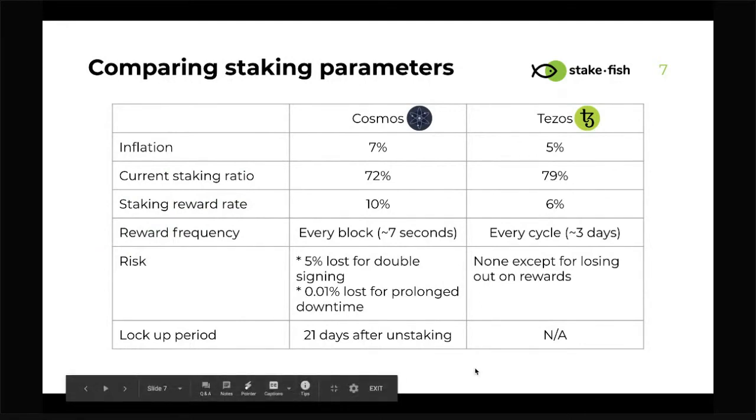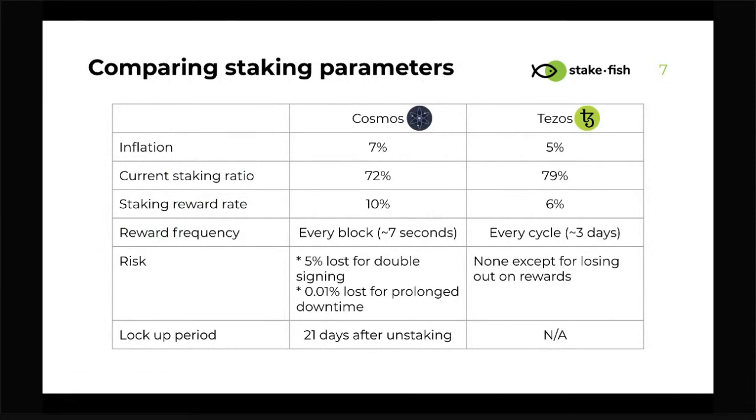I've run through all these numbers, but you might be wondering how I put all these numbers together. Honestly, as long as you have this snapshot of each network, you could confidently say you have most of the basic knowledge down regarding staking on that network. So I'll walk you through some of the tools and processes I've used to pull these numbers out, so that you would be able to replicate this on any other network.